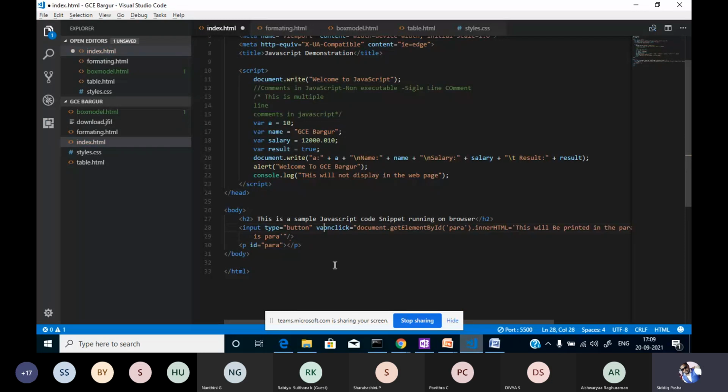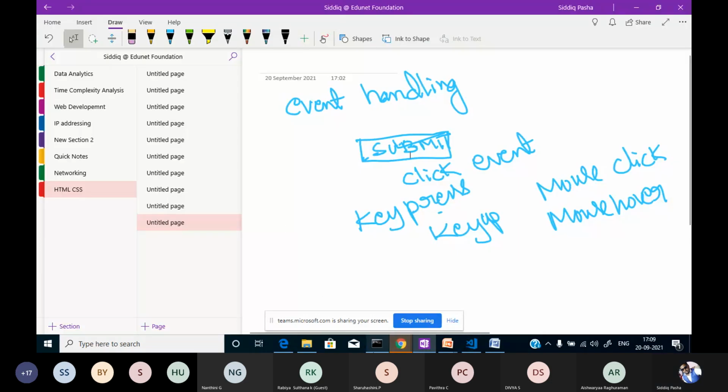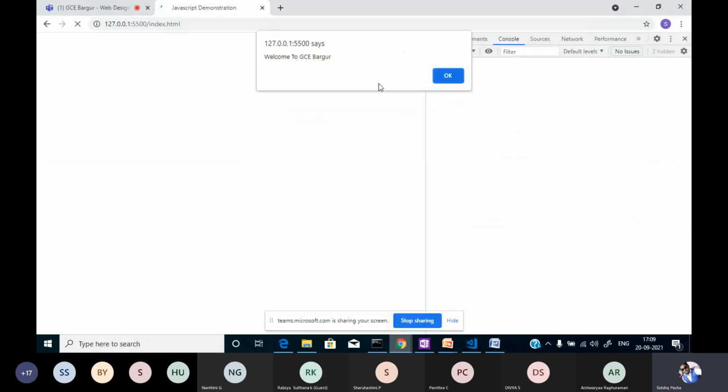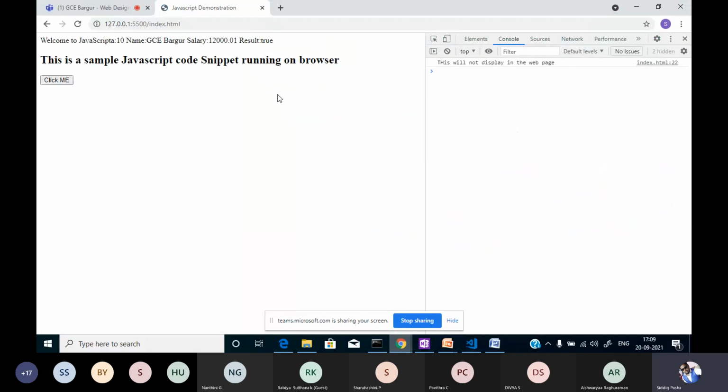Value. Value is equal to, I'll specify here something. Click me. I have specified the property. Okay. Now I will run this once again. Let's see. Yes, click me. I'll click this.